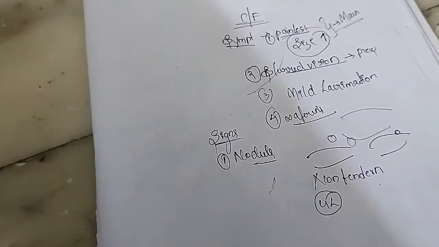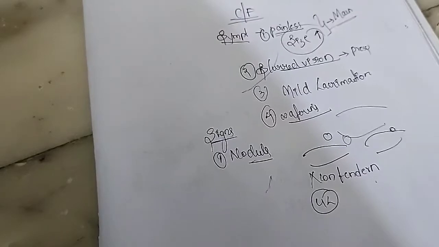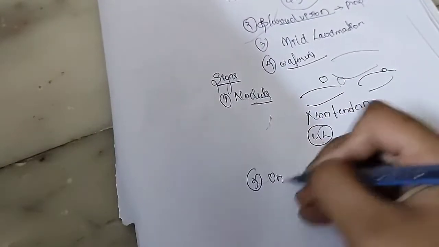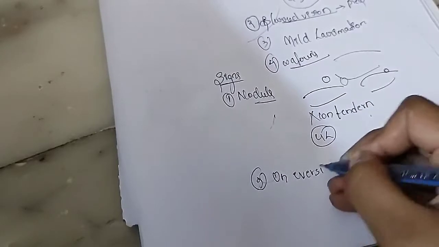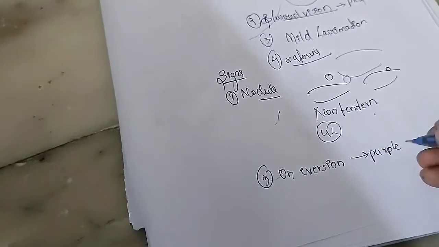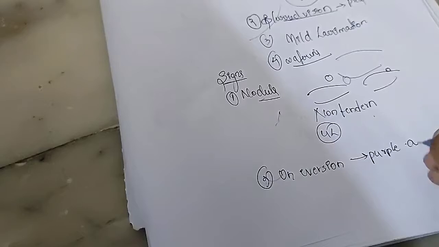So there will be a reddish purplish area where the chalazion usually points. It is seen on the palpebral conjunctiva. So on eversion of the lid, you will see a purplish area. Remember, in the internal nodulum on everting, you were seeing a yellow pus point. Here you are seeing a yellow purple area where the chalazion usually points. It is seen on the palpebral conjunctiva after eversion of lid.